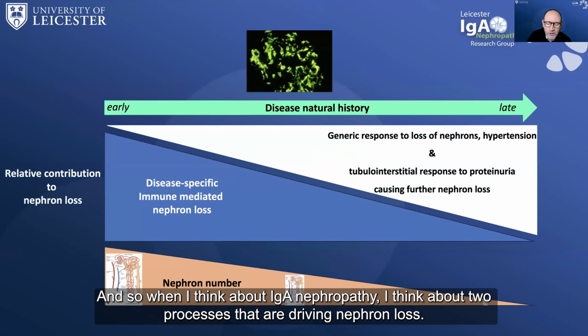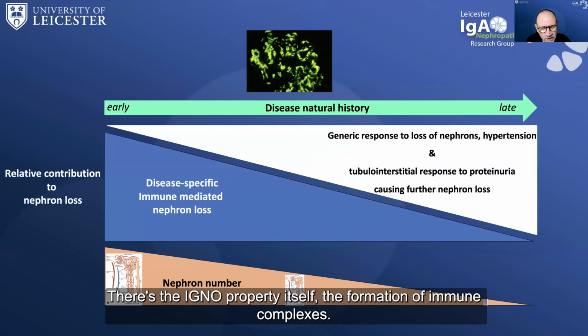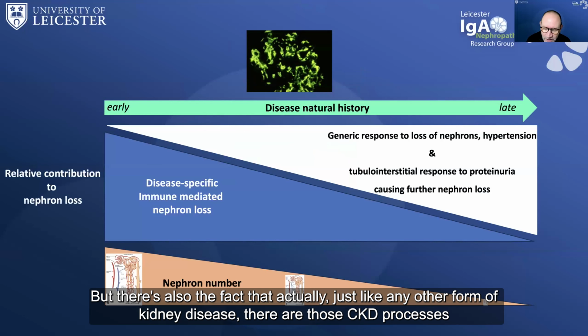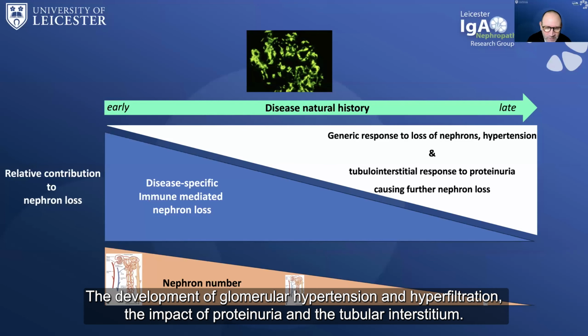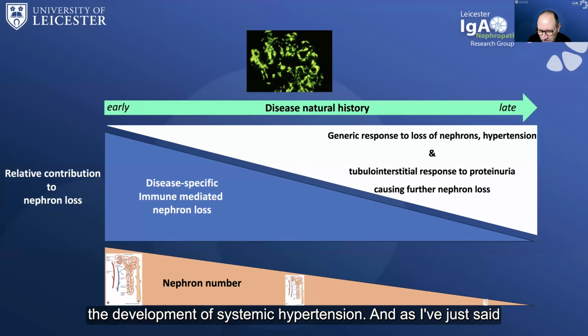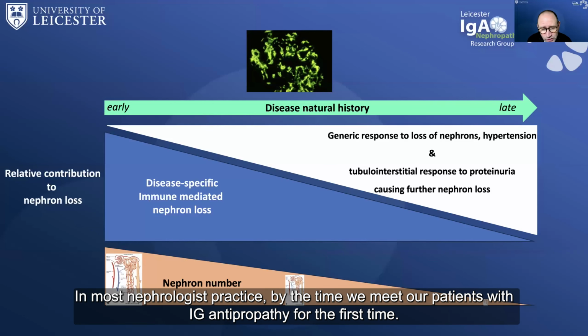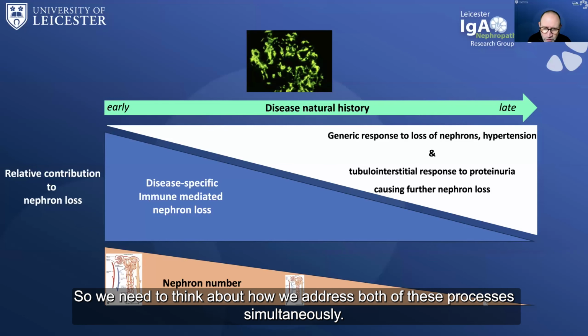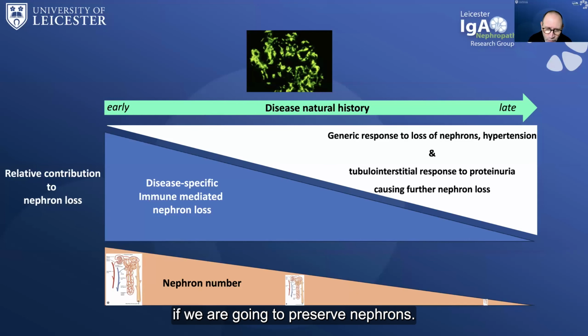And so when I think about IgA nephropathy, I think about two processes that are driving nephron loss. There's the IgA nephropathy itself, the formation of immune complexes, their deposition, and glomerular injury. But there's also the fact that actually, just like any other form of kidney disease, there are those CKD processes, the development of glomerular hypertension and hyperfiltration, the impact of proteinuria on the tubular interstitium, the development of systemic hypertension. And as I've just said, in most nephrologist practice, by the time we meet our patients with IgA nephropathy for the first time, they have all of those processes in full swing because their GFRs are already impaired. So we need to think about how we address both of these processes simultaneously if we are going to preserve